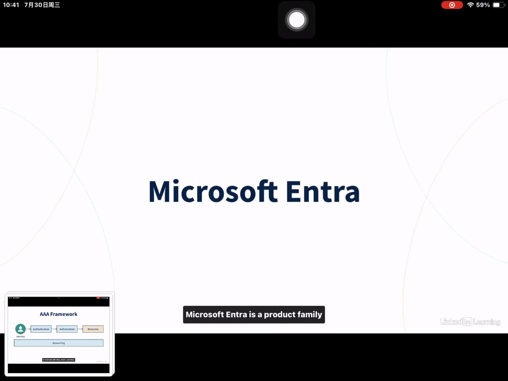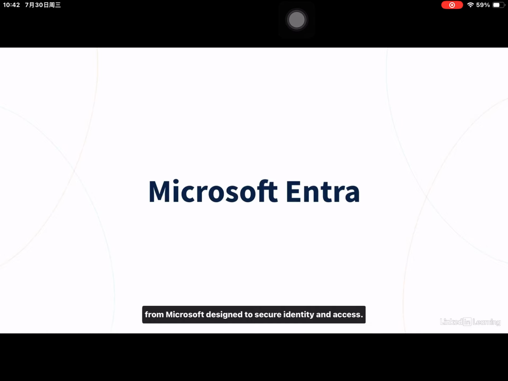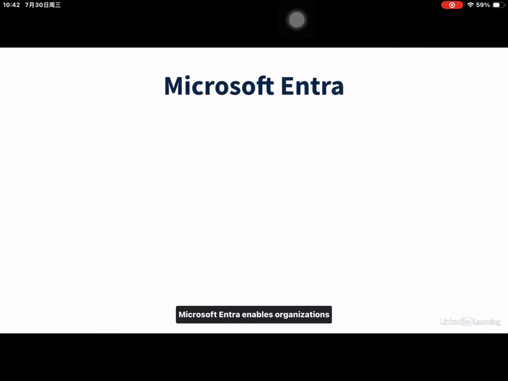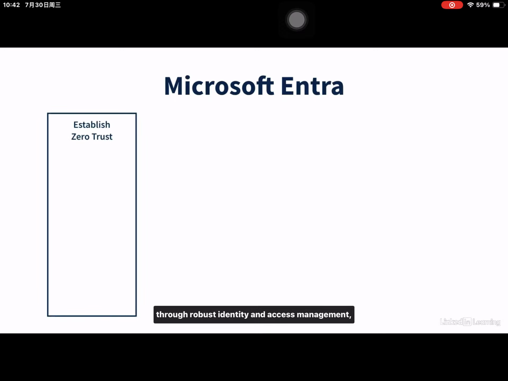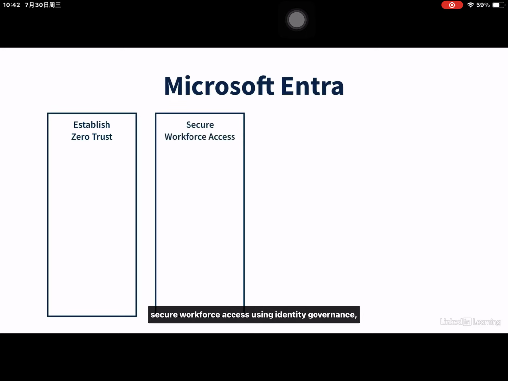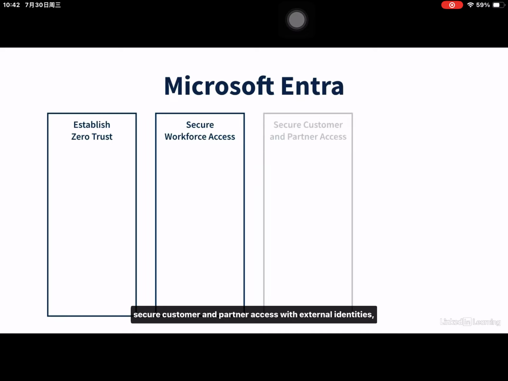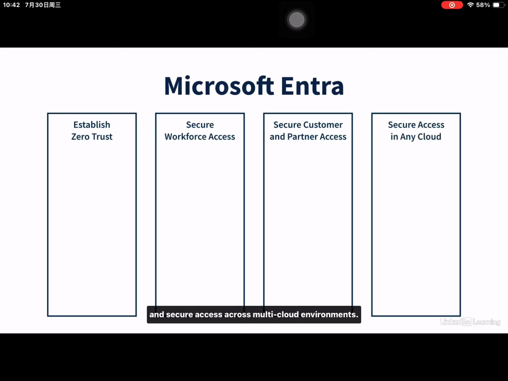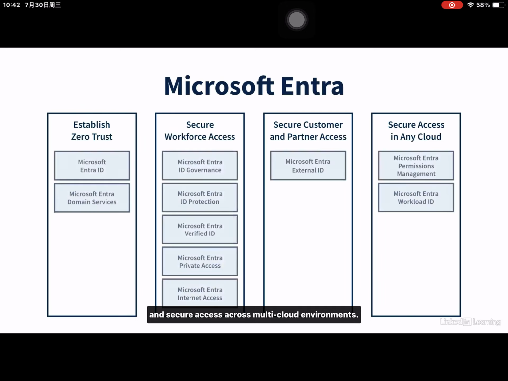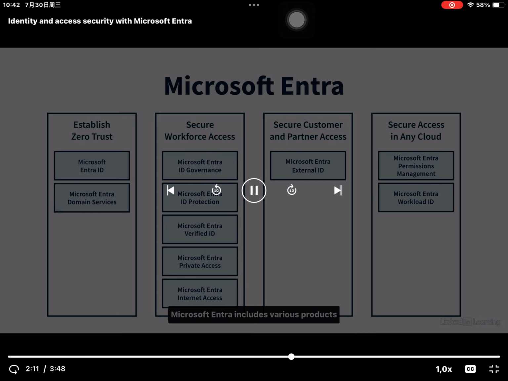Microsoft Entra is a product family from Microsoft designed to secure identity and access. Microsoft Entra enables organizations to establish zero trust through robust identity and access management. Secure workforce access using identity governance, identity protection, and a unified access control. Secure customer and partner access with external identities. And secure access across multi-cloud environments. Microsoft Entra includes various